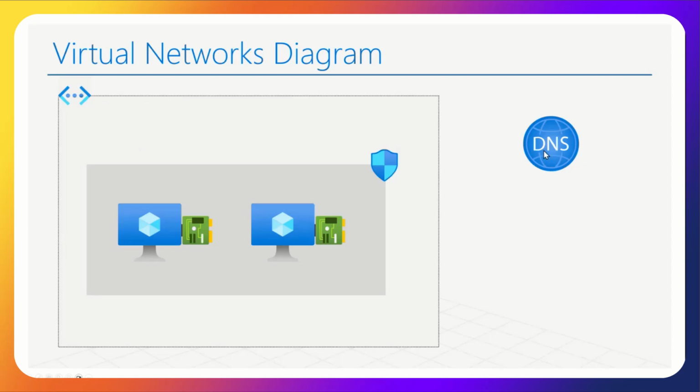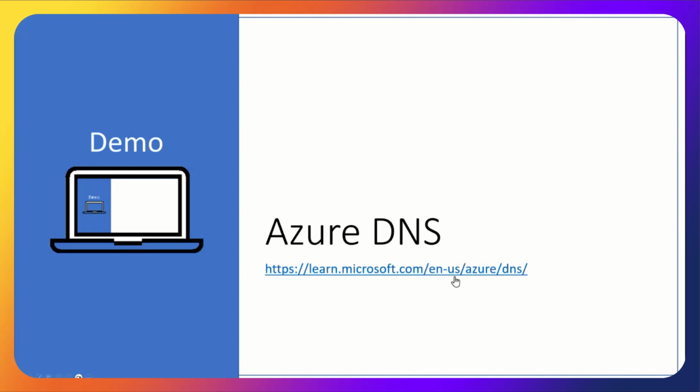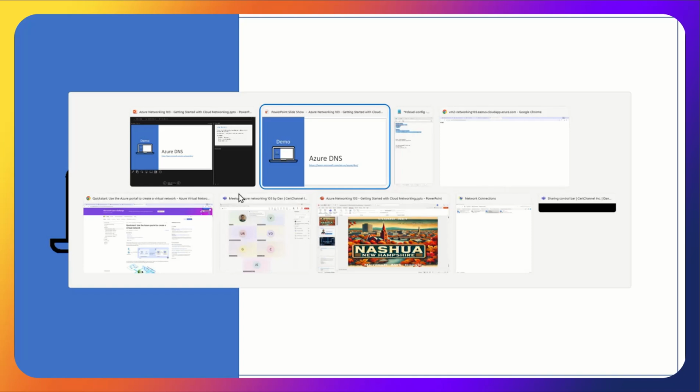The only thing we're going to do is add a DNS zone out here. I gave a presentation on this before, so there might be a video out there on our YouTube channel. This is just a quick URL that's really great. The demo I'm doing will be slightly different. All these demos are very similar, so instead of creating a virtual network every time and setting up the virtual machines, I didn't need to do that, obviously.